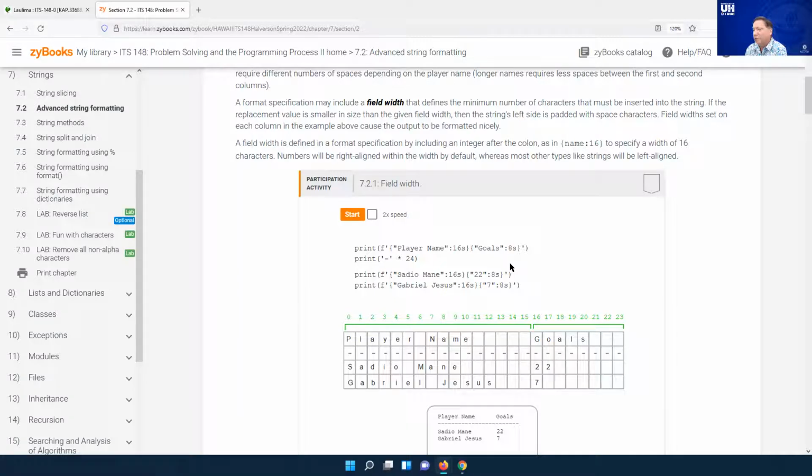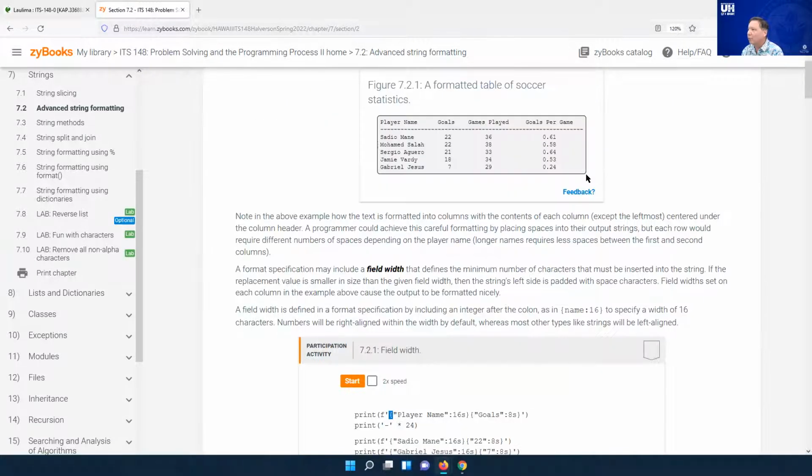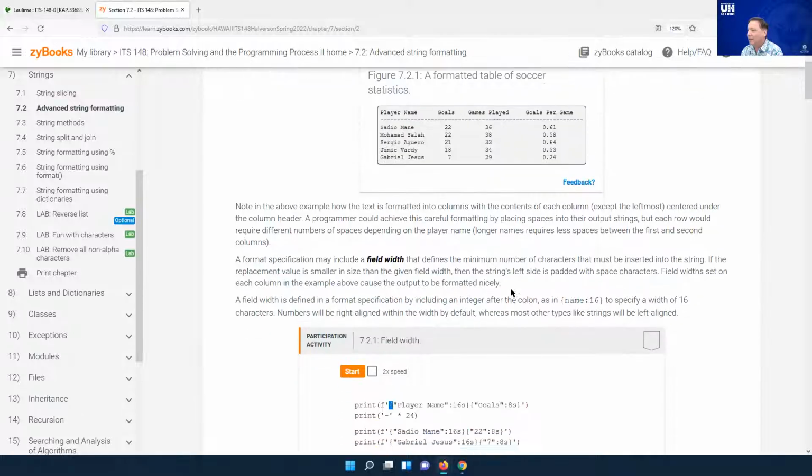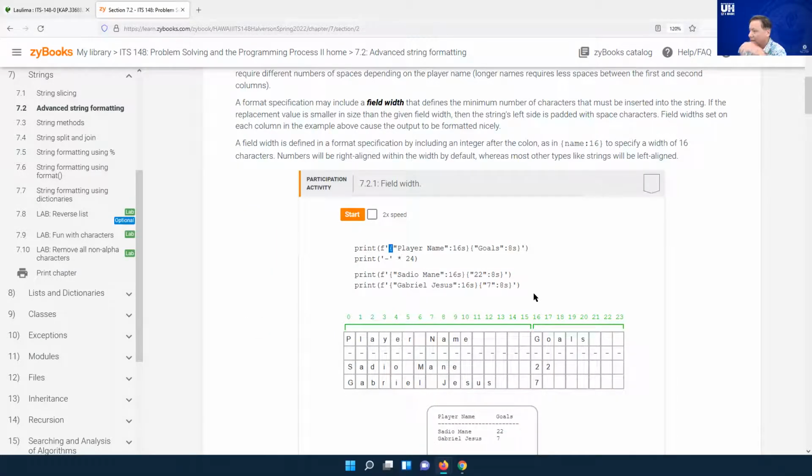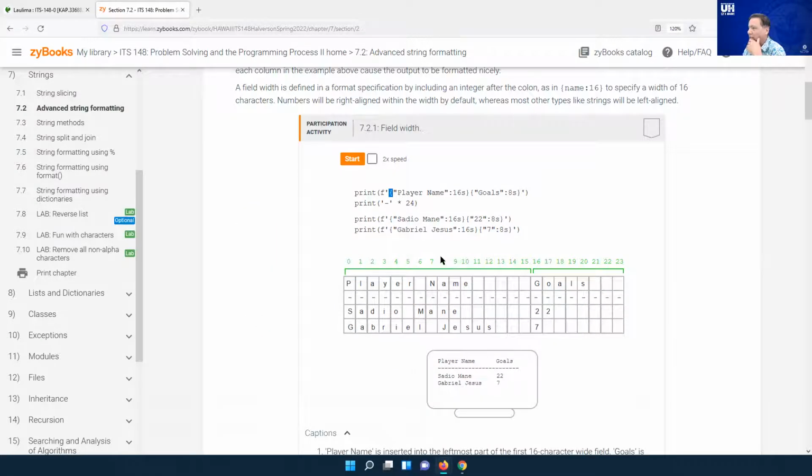Courier is one monospace character set, and I think that's what this is here. But you can specify a field width, and then you can also say whether it's left justified or right justified, or whatever. So this looks like you're printing out